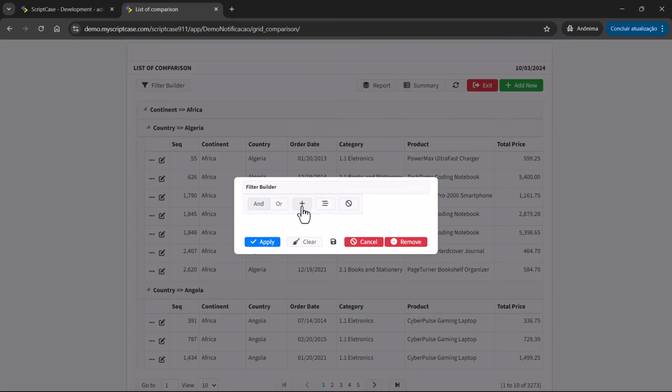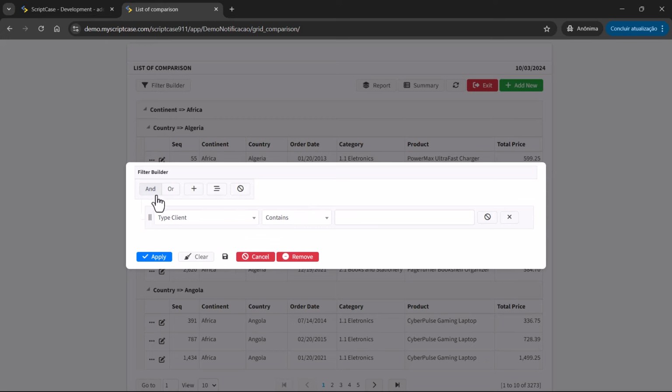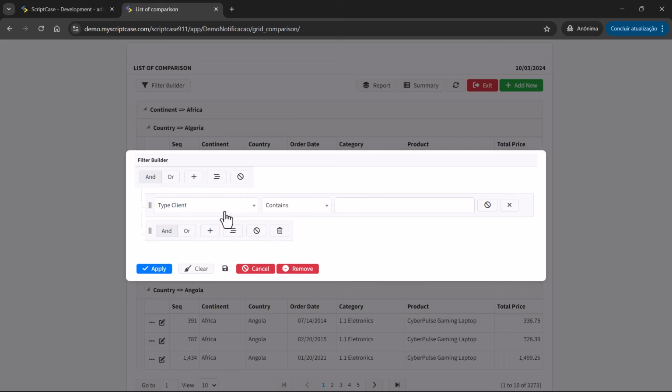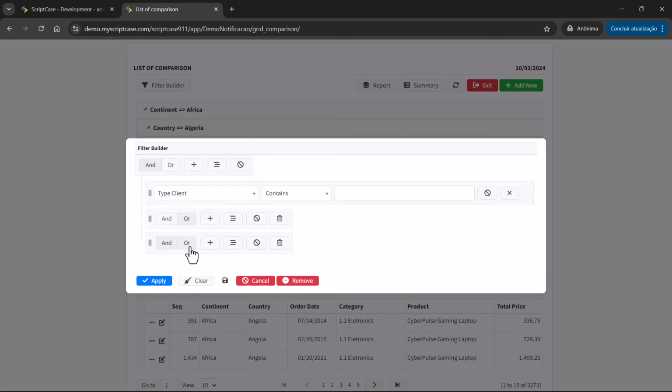A simple one we could add, for example, this is the first new thing here, because before this version 9.11 of Scriptcase, you were not able to select the condition, for example, and or or, inside the final application. You would have to choose this option inside the development environment. So now you are able to change it here. You will choose if it's going to be an and or an or, and you can also add nested conditions, and inside the nested conditions you will also decide whether to use an and or an or.